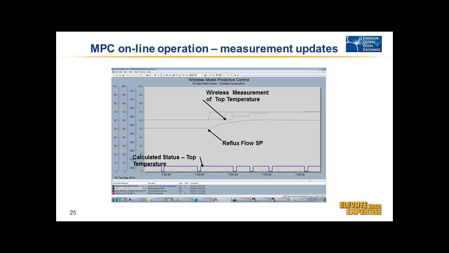The response of the manipulated variable of MPC is very smooth and fluent, because we are not taking those values from measurement. We are taking only the points where the new measurement is coming and updating our model. The rest of the time, MPC is working on models, so you get smooth MPC operation here,